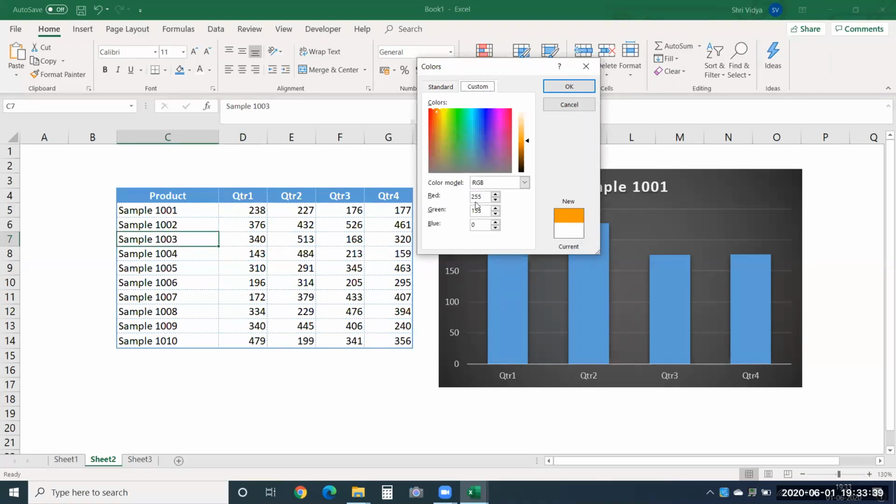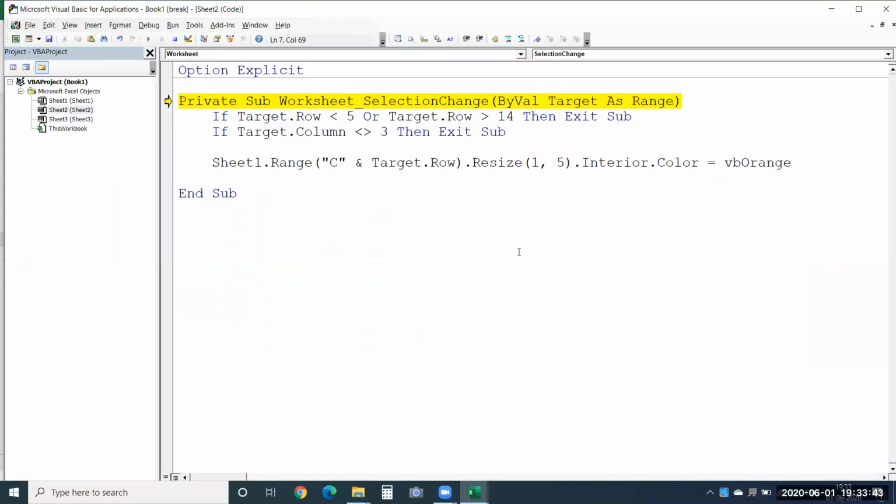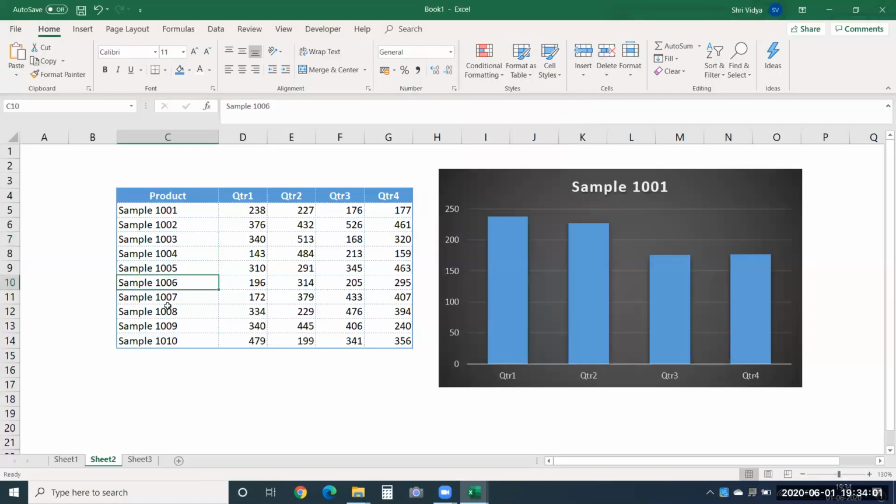See, it is 255, 153, 0. I'll use the RGB values only to be on the safer side and say RGB 255, 153, 0. So let's stop it. Let's check again.